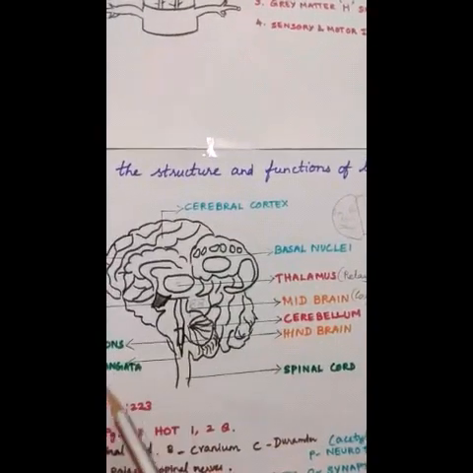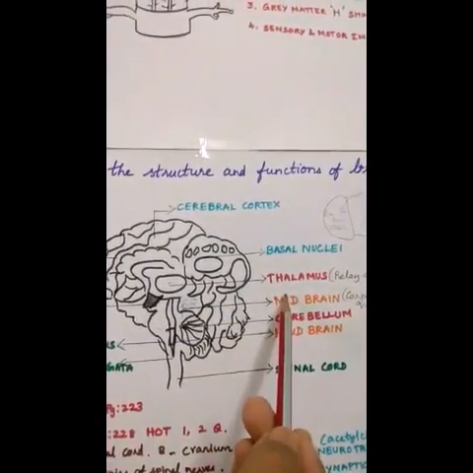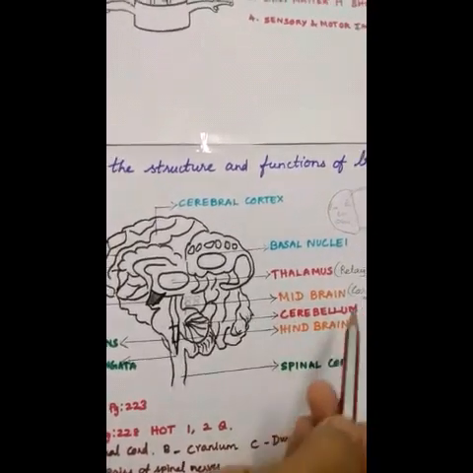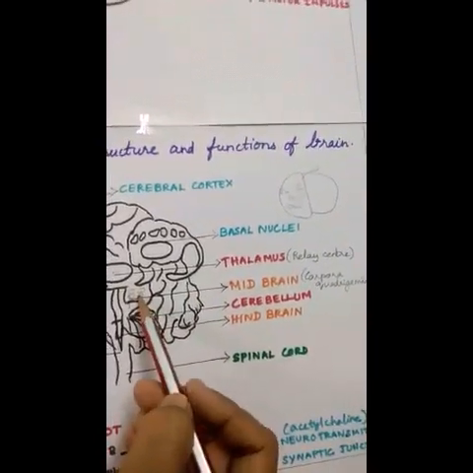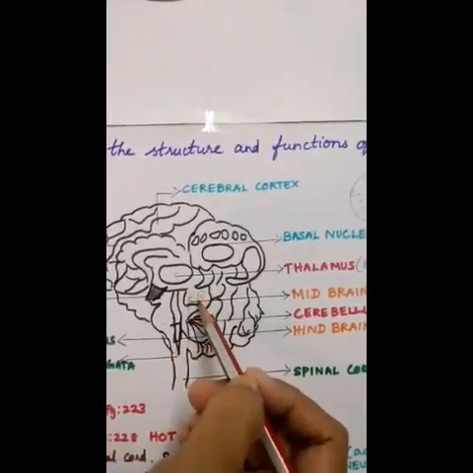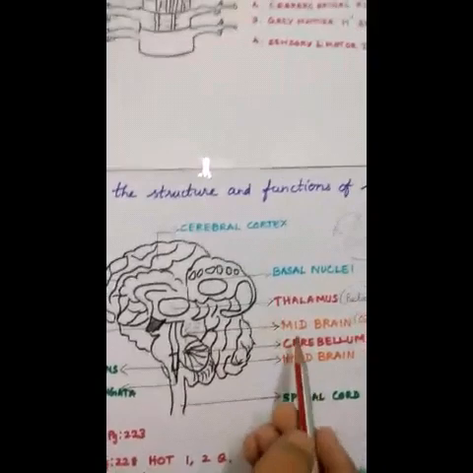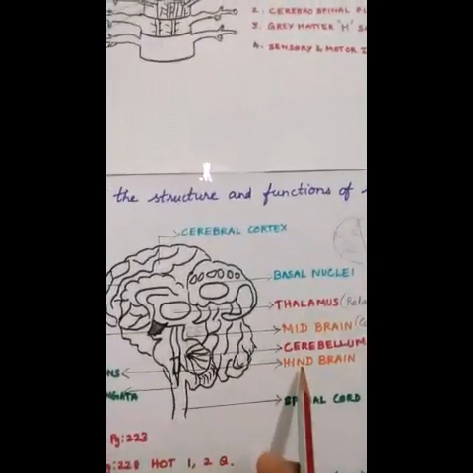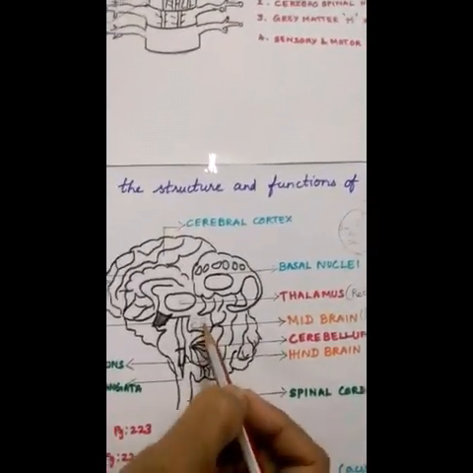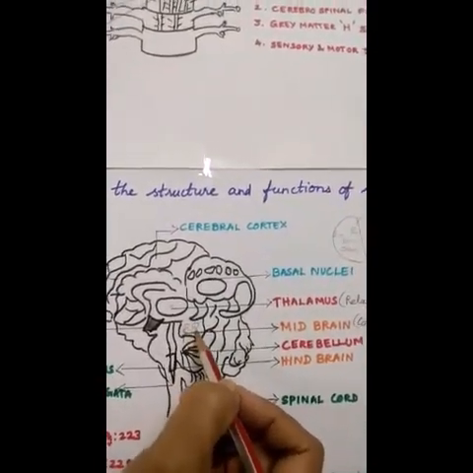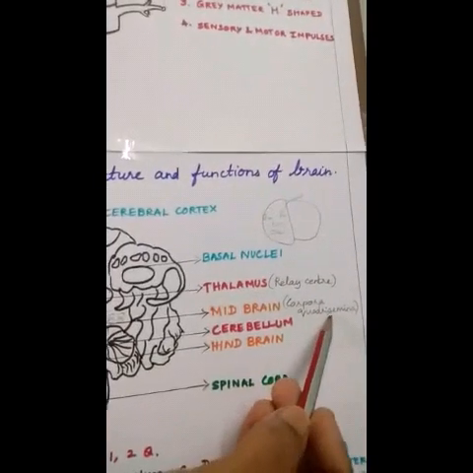Then next you come to the midbrain. We explained the forebrain. Now the second point is about midbrain. Where it lies, you say: below the thalamus, that is, between the thalamus and the hindbrain, midbrain is present. It contains 4 rounded bodies called corpora quadrigemina.